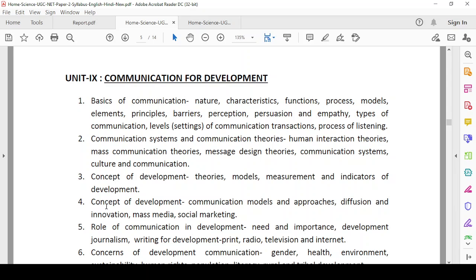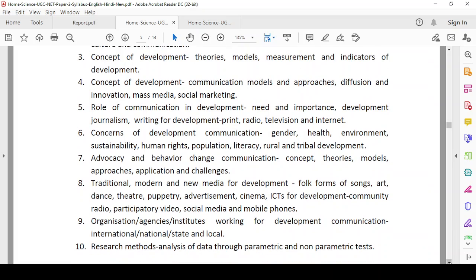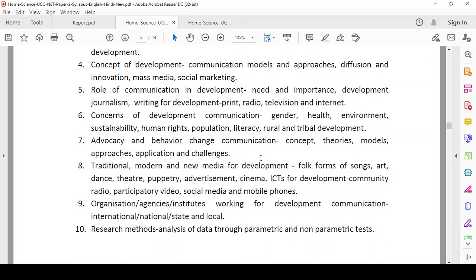Fourth, concept of development where communication models and approaches, diffusion and innovation, mass media, social marketing. Fifth chapter, role of communication in development: need and importance, development journalism, writing for development, print, radio, television, internet. Concerns of development communication: gender, health, environment, sustainability, human rights, population, rural, tribal development, advocacy and behavior change,